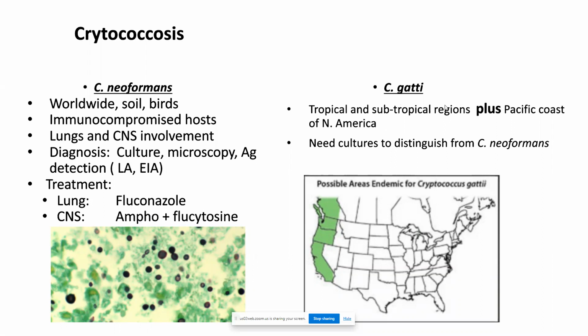Cryptococcus gattii, this is a different one. This one's along the Pacific coast, in people in subtropical regions. And it can be a little tricky to treat and diagnose, and it's difficult to differentiate histologically from